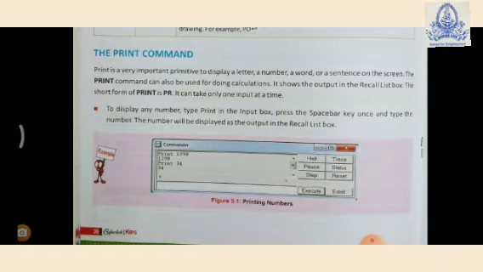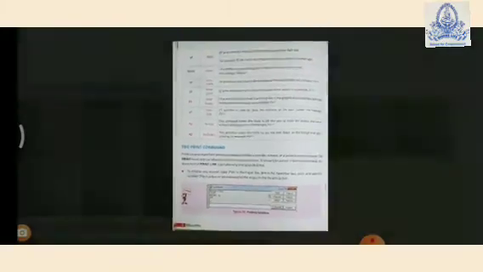You see, I have written here print space 1298. Once I press enter, what do I get? 1298. Similarly, print space 34. Press enter, automatically you will get 34. So this is the use of the print command.